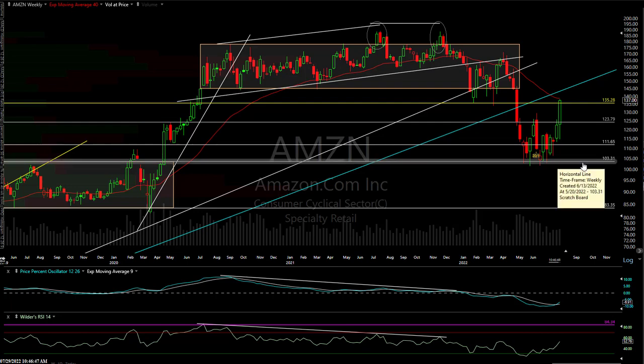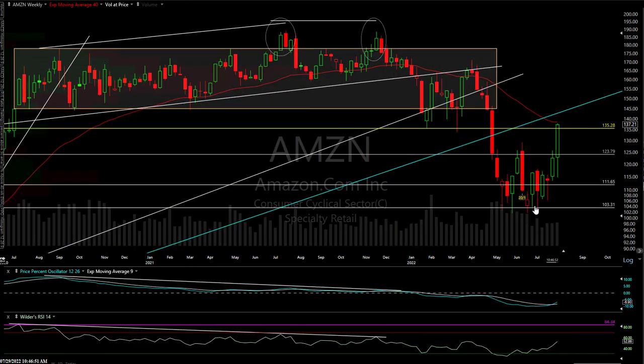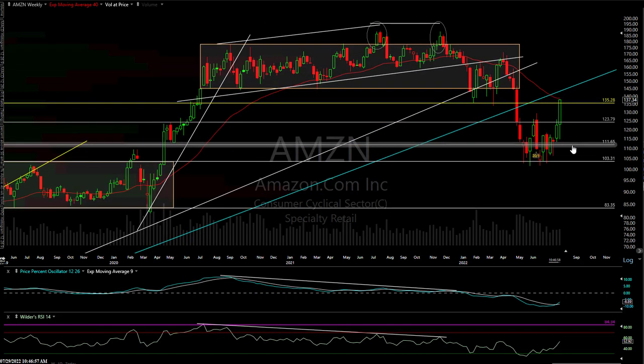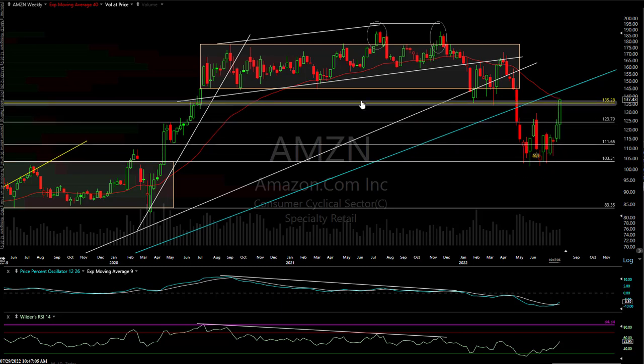And this one I harped on as one of my favorites all along. Every one of these pullbacks, that weekly target of about 103.31 was highlighted as an objective long entry or re-entry. We got an initial trade, got out, re-entered there, and boom. So, segueing now into these market leaders. So Amazon, all right, nice run, 30% off those lows, but look, that's pretty big resistance. You have this level right here, and I'm going to show it to you on the daily chart.